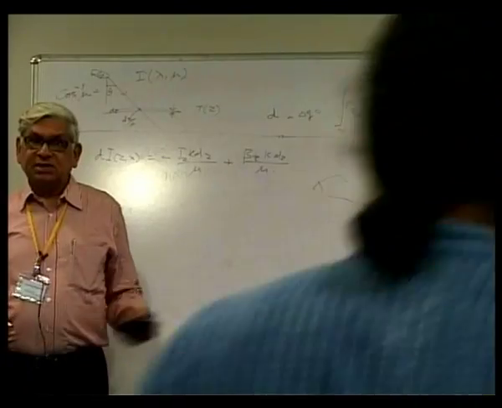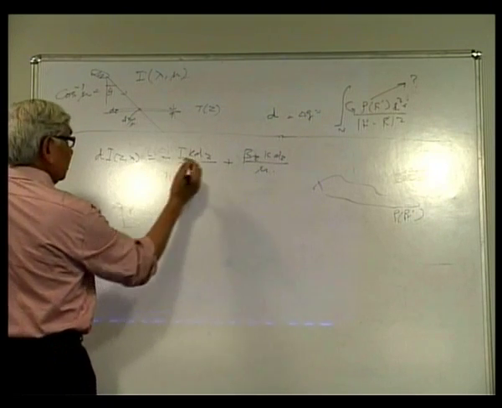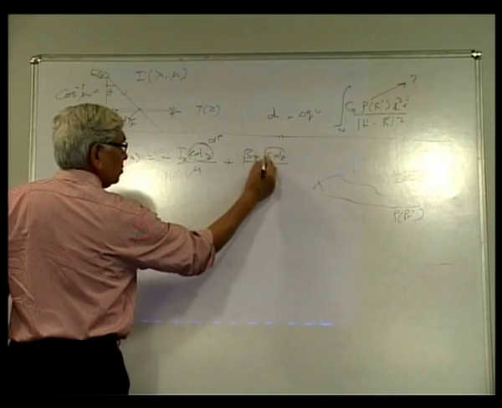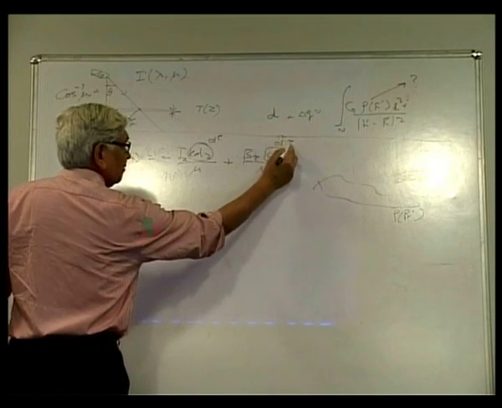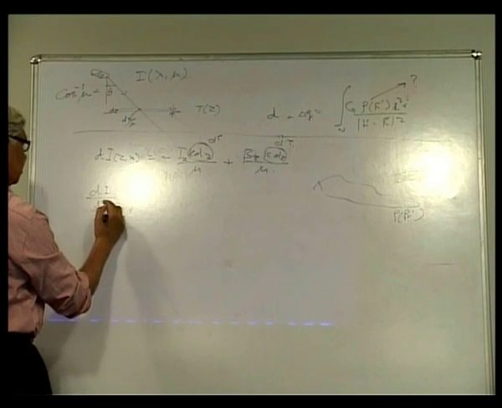So that's a simple thing, and that allows us to calculate I. For example, if I subsume that into the variable delta tau over here, then dI over d tau